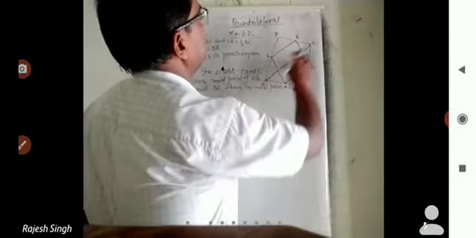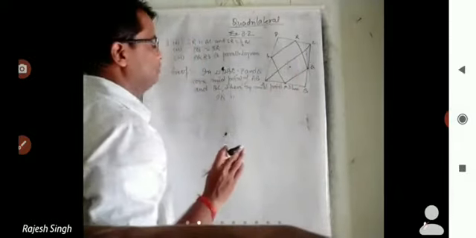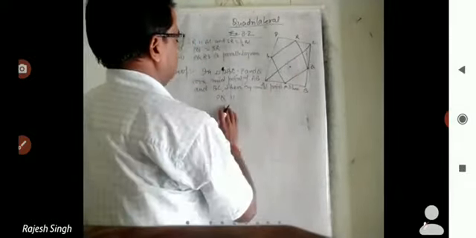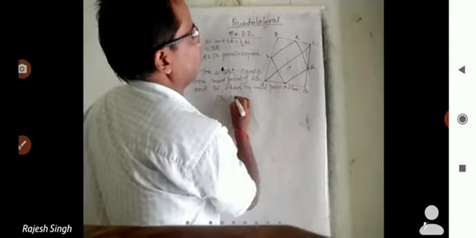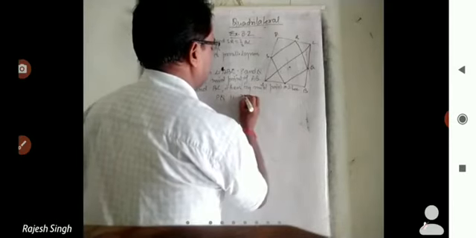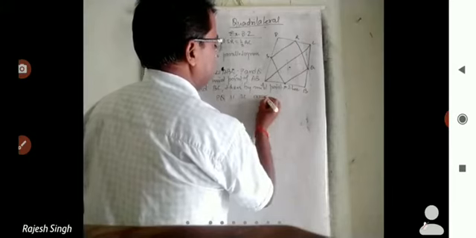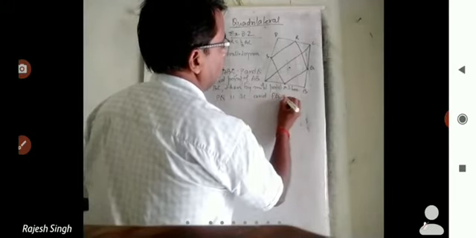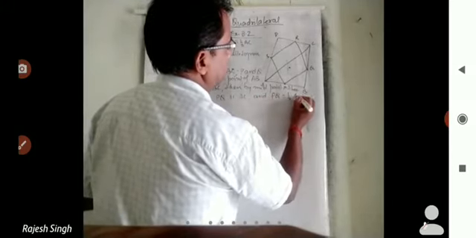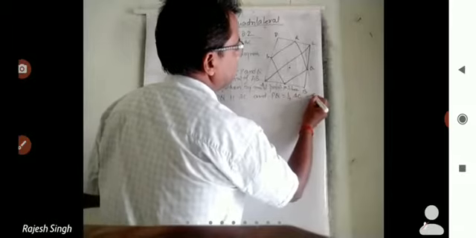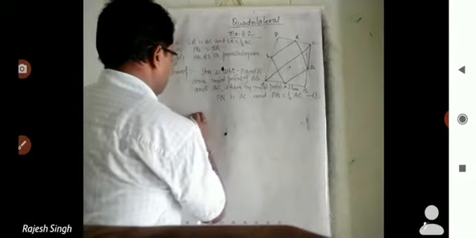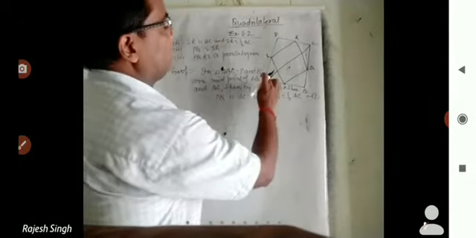In triangle ACD, we write PQ parallel to AC and PQ is equal to 1 by 2 AC. That is equation number 1. Suppose that is equation number 1. First part, all of you see, in triangle ACD,